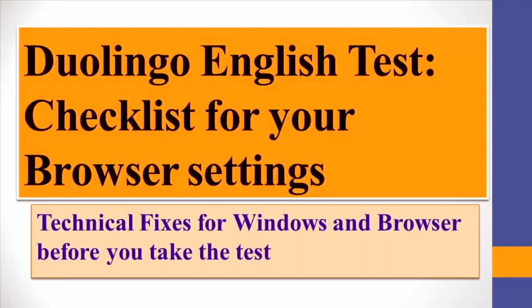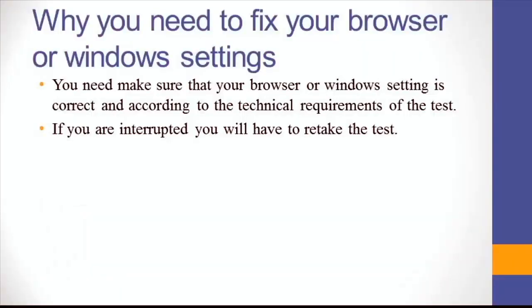This video is about the technical requirements for the Duolingo English test. For the Duolingo English test, you need to have the latest version of Chrome or Opera and a strong internet connection. But sometimes your test is interrupted because of some technical reasons, and you get a pop-up notification from the Duolingo team